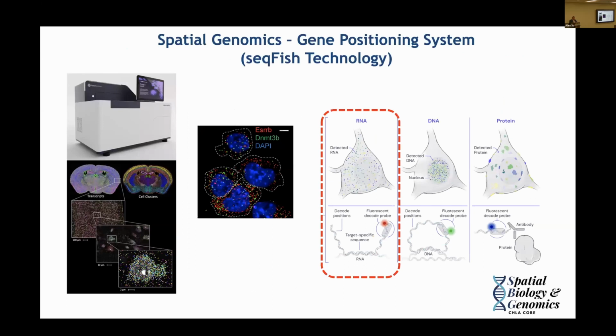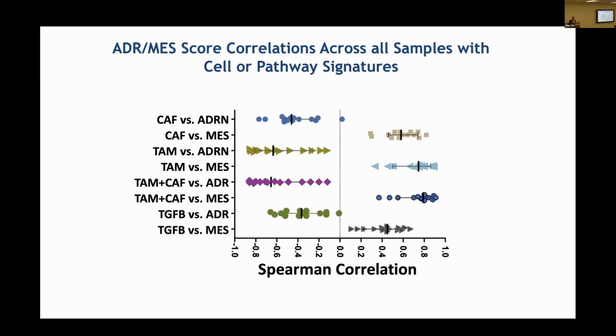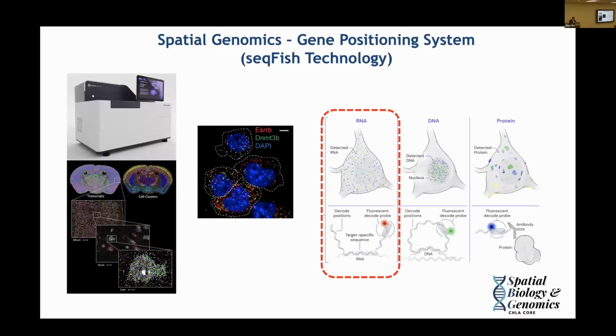But going back to this, again, it is still a 10x cell. The question that people might ask is, how do you know there are tumor cells in those spots that have a mesenchymal signature? That's a difficult thing to do in Visium. We're trying to look at copy number using InferCNV or CopyKAT, or other tools, to try to estimate the tumor cells in that context. But we've also turned over to the seqFISH technology, in collaboration with